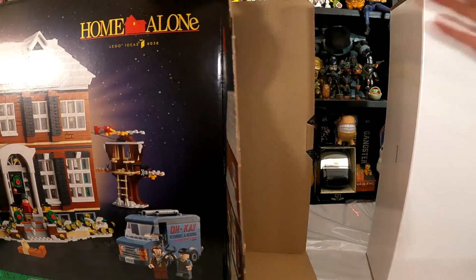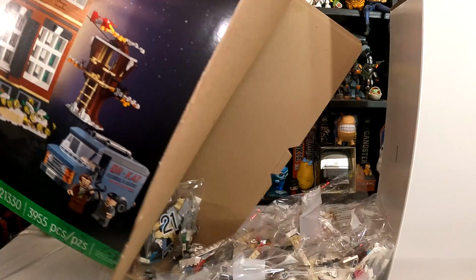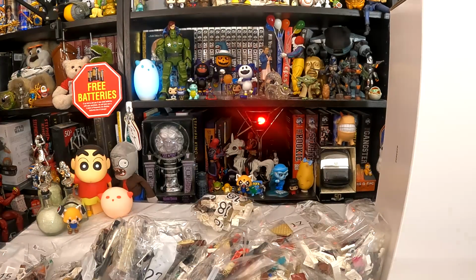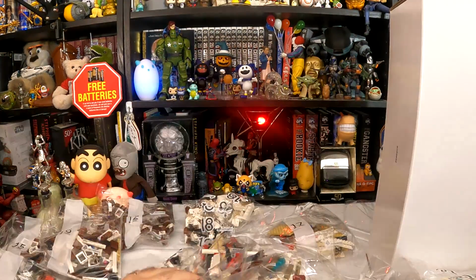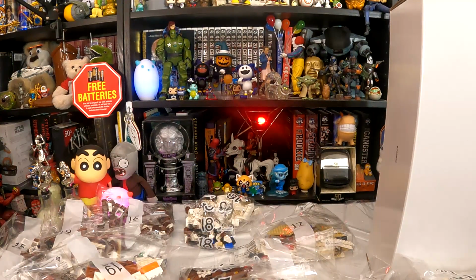Oh, it's one box. Guess I'm going to have two boxes. Nope, it's not the loose bag. So many bags. I do not think we're going to be able to leave the box on the table while I put this one together like I normally do. Not that I think that adds anything to the video anyhow. All right, so I'm not seeing instructions here. 12, 21, 14, 18, 19, 20, 22, 21. So I guess all of our starting ones are going to be in the box, because it seems like this is all